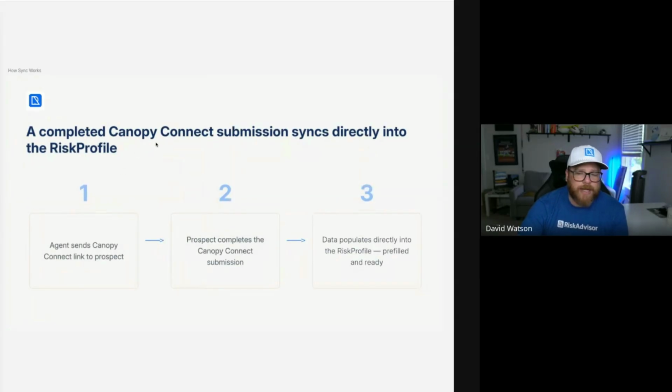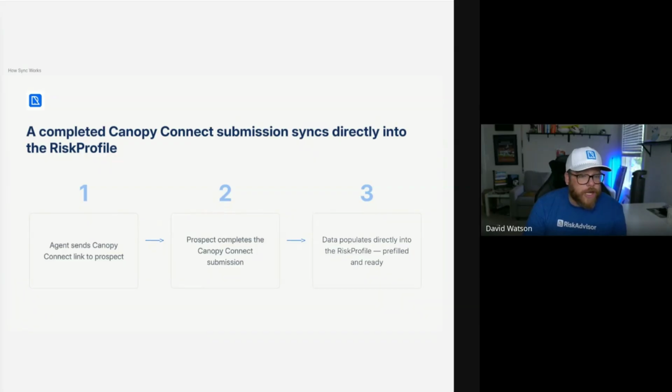So the way that the Canopy Connect integration works is you've always, with QuoteForms, been able to integrate Canopy Connect in that import your insurance option, where if you wanted to redirect to Canopy, it would give you that one starting point on QuoteForms that allows you to start the quote with a detailed quote request, import your insurance, which allows you to go to Canopy Connect, or the have us call you, which was the short version of the quote request. So we've always done that, but now when that submission to Canopy is completed,